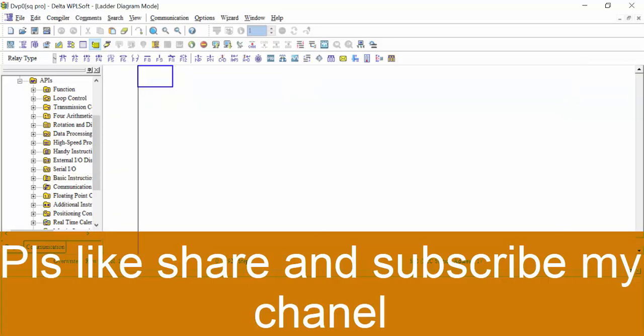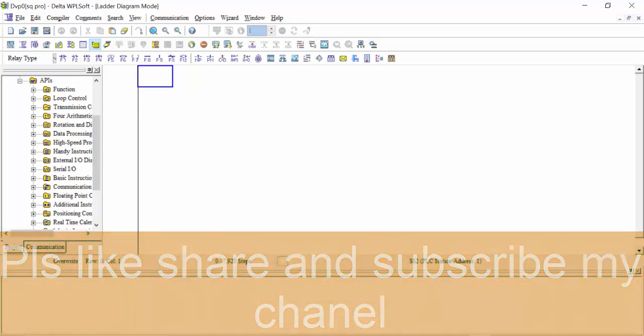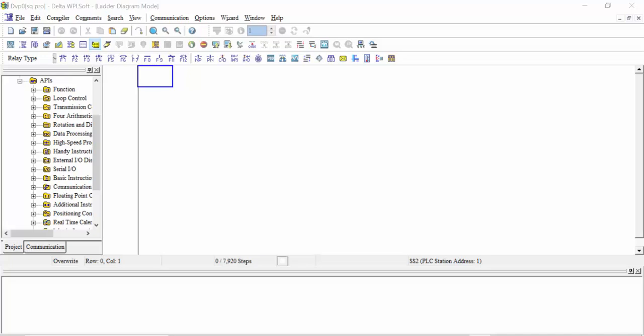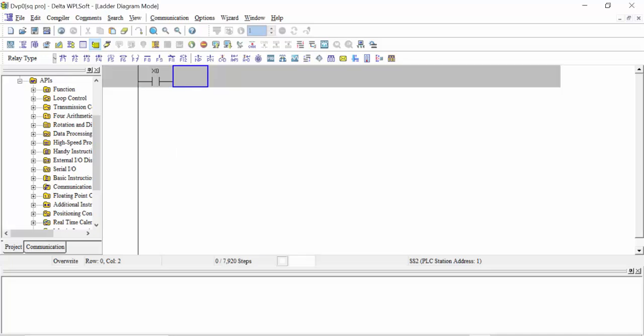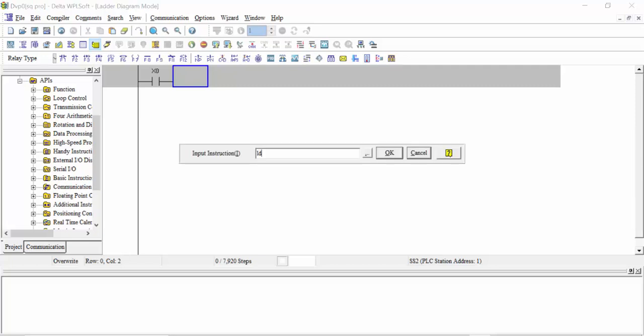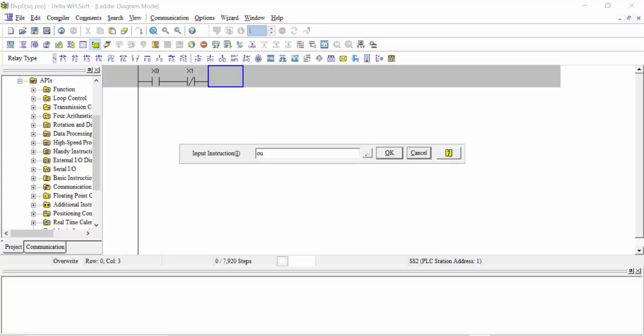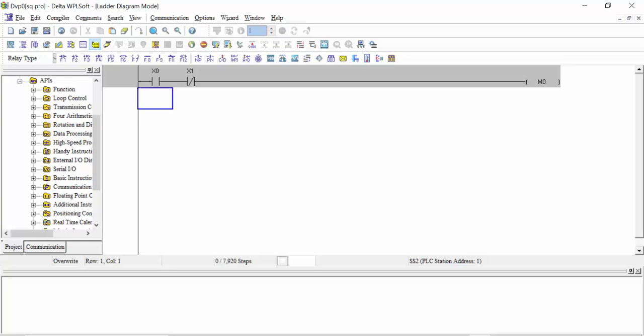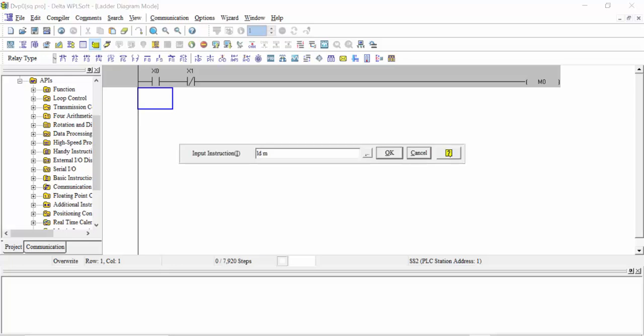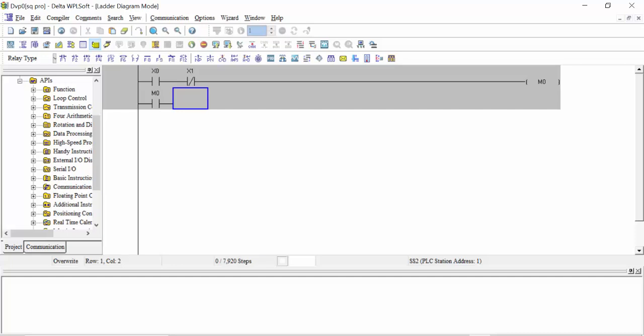And here we will make one latch relay first. For example, LD X0 we will take as the input, and LDI X1 we will make the stop push button, and out we will take M0, for example, and here we will take the LD M0 open contact of the PLC, and here we will make